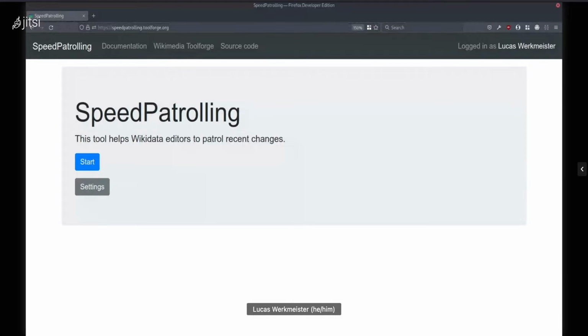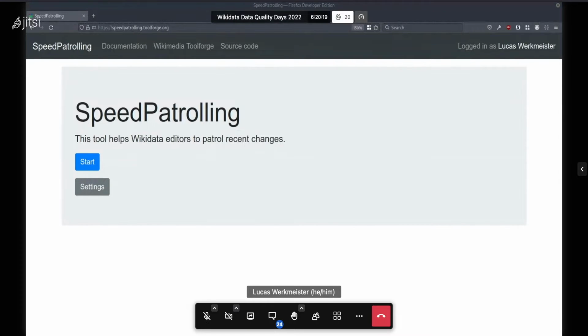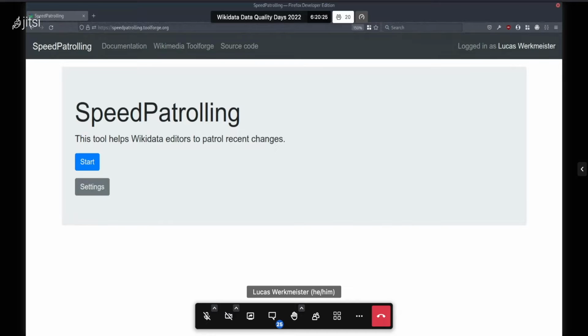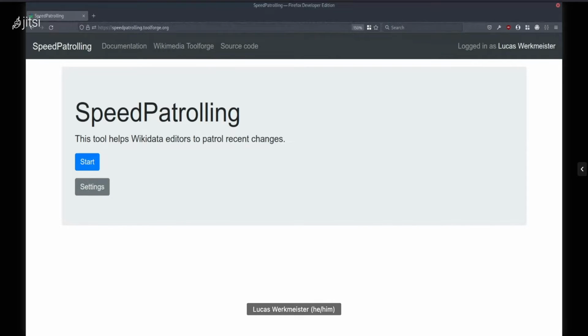So I don't have any slides prepared. I'm just going to show the speed patrolling tool, which is a tool that I made to patrol the recent changes. So if you're auto-confirmed or something, then you can help to patrol the recent changes, which means you go to